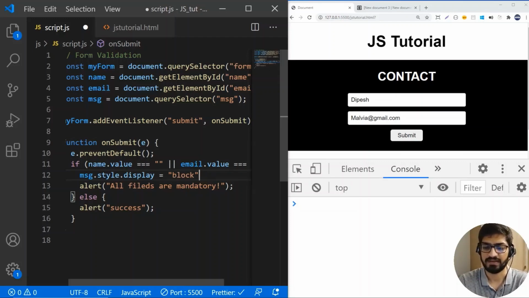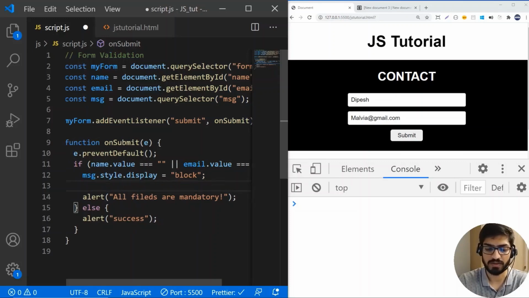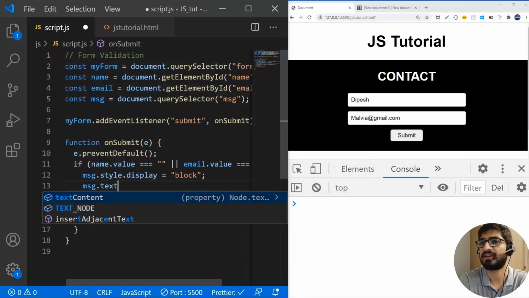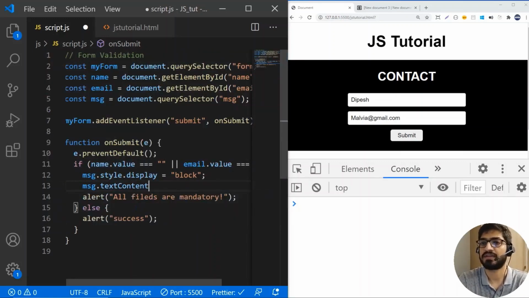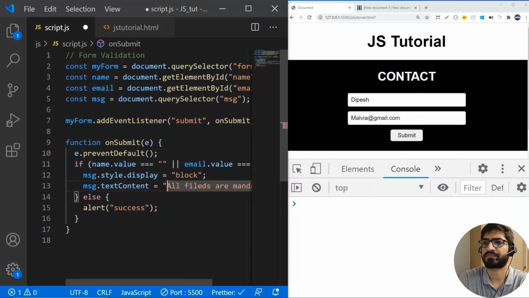Okay, and when it gets block, I need to add a message.textContent to it, and that will be equal to this message. Okay,